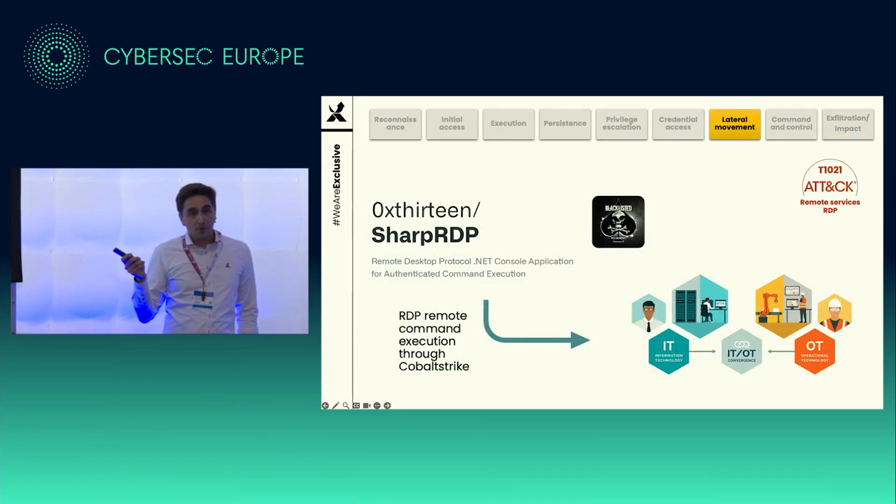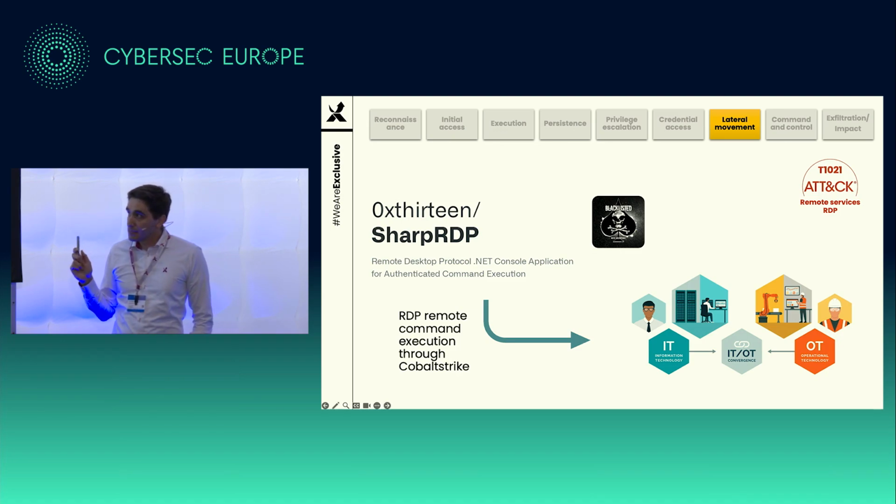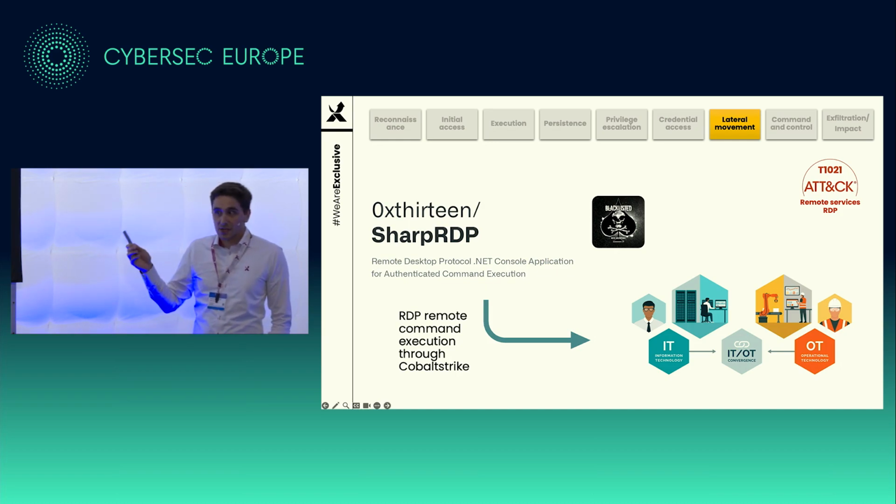I know if you paid attention in the beginning, it was saying this is an OT environment, right? This means that these guys figured out, oh, this is interesting. This is an active company, we want to have the OT environment also compromised. There was only one thing that they could do. RDP was open from IT to OT to manage the systems there, and it was a single domain. Two mistakes that were made.